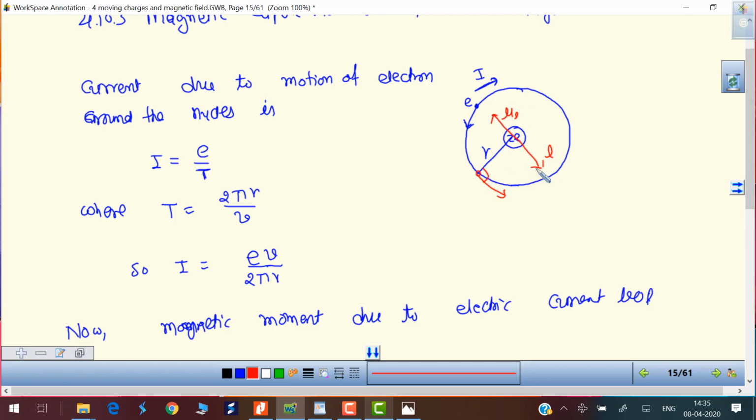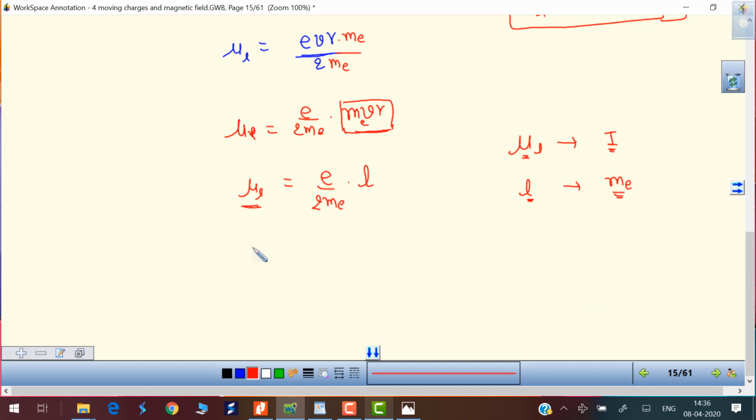Let me say it again. To determine L, it depends on which way the mass moves. So it is moving in the anti-clockwise direction, so L is outward. And the current flows in the opposite direction, so mu L will be inward. If I want to put an arrow on mu L so that it becomes a vector, I have to introduce a negative sign. So if you write in vector notation, you put a negative sign.